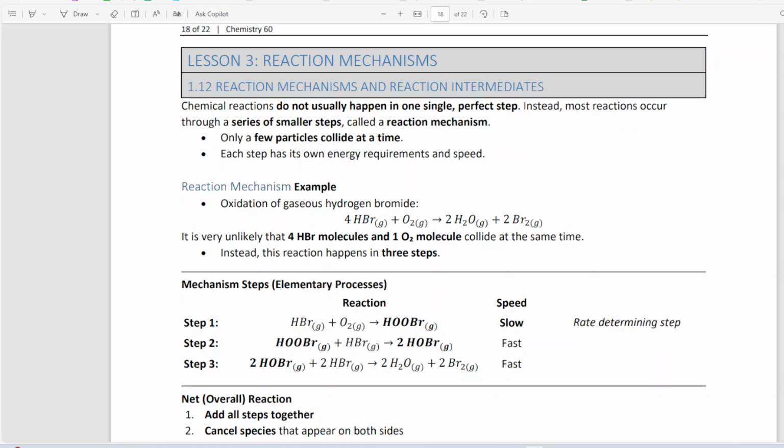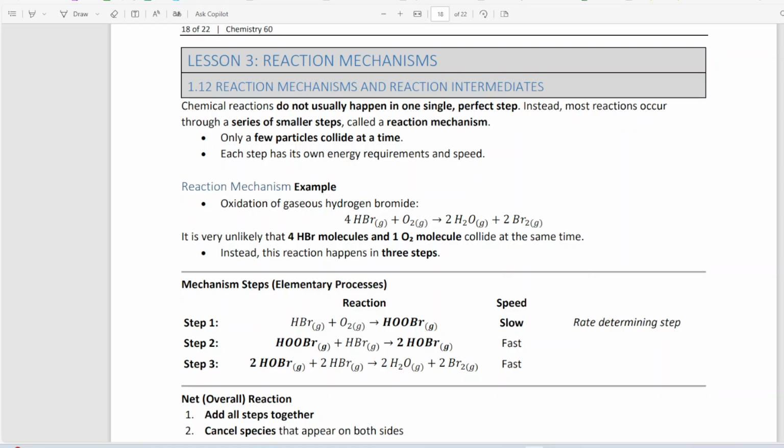So now we're going to start the last lesson of Unit 1, which is going to talk about reaction mechanisms. So far we've talked about how to monitor a reaction rate, how to increase a rate of reaction, and looking at the enthalpy change and activation energy of different reactions, including their potential energy diagrams. It's a lot. And now what we're going to do is look at reaction mechanisms, which is how reactions actually